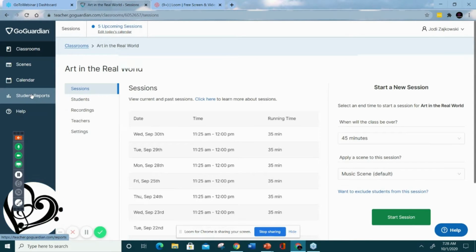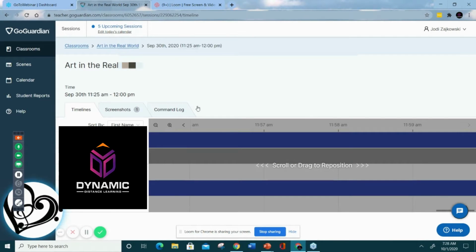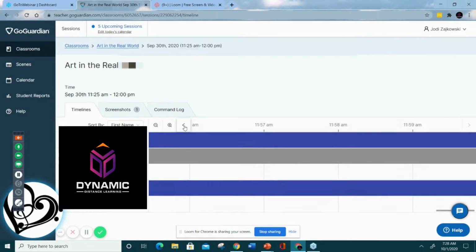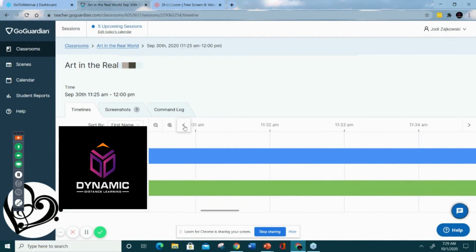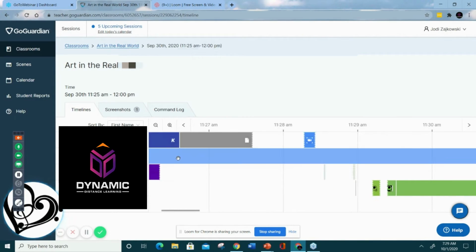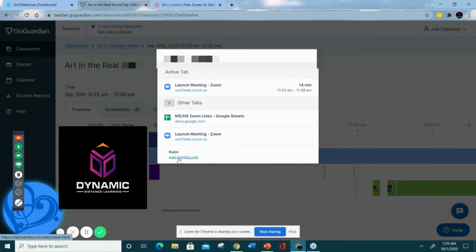For example, if I had a session, it shows you all the sessions that I've conducted here. I could click on an individual session, at which point it can show me what the browsing history was of every student throughout the duration of the class, what website they were on. And if I click within that bar, I can see specifically what the website was and how many minutes they